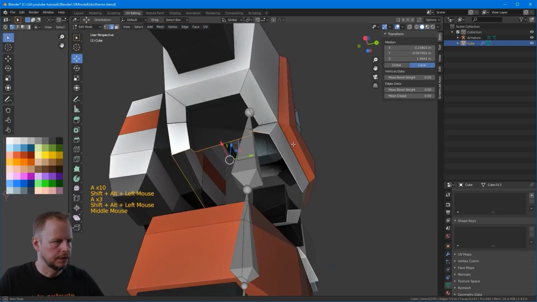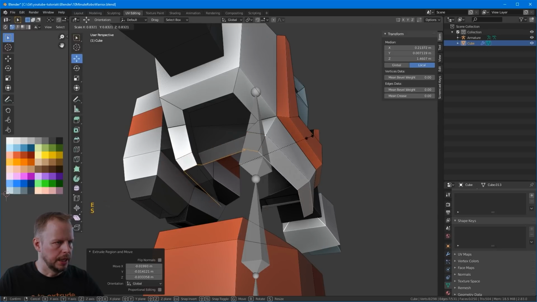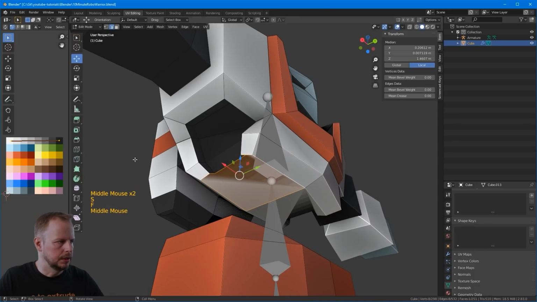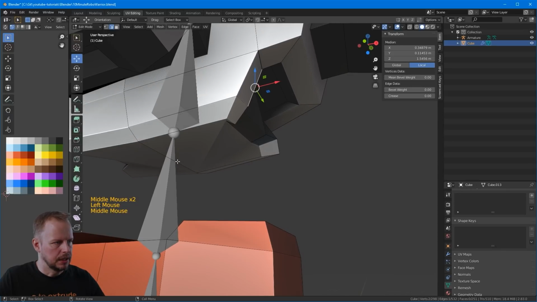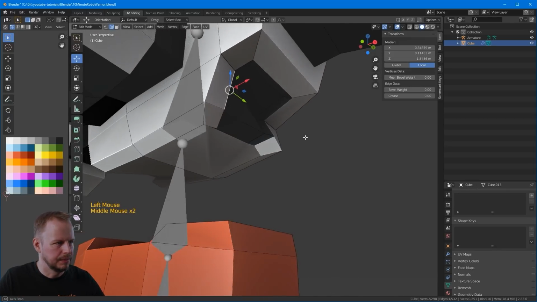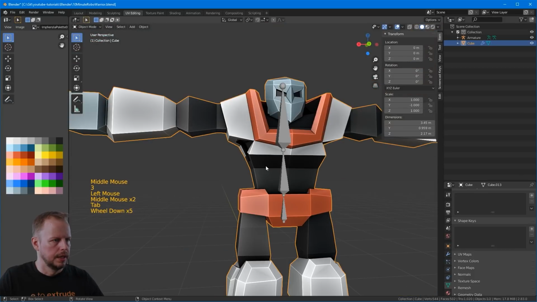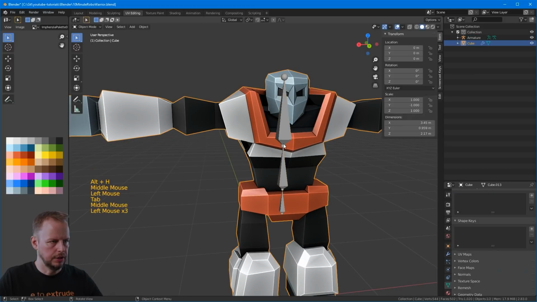I'll Alt Shift select that one, E to extrude it, S to scale it, F to cap that one, and then we'll do just black there. Or just white will do. I'd say it looks like it's transparent a little bit because I've got the bones there, but they're okay, I think. So that's it. Alt H to hide that one, because now I can actually have a separate bone here